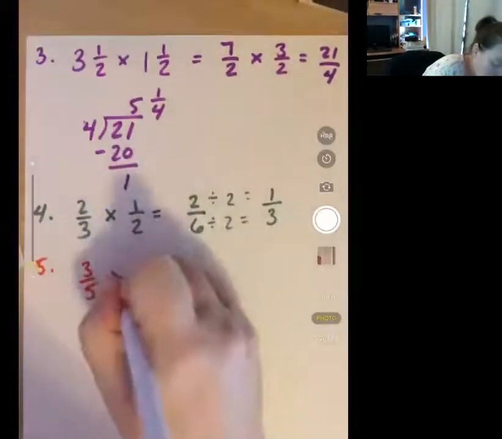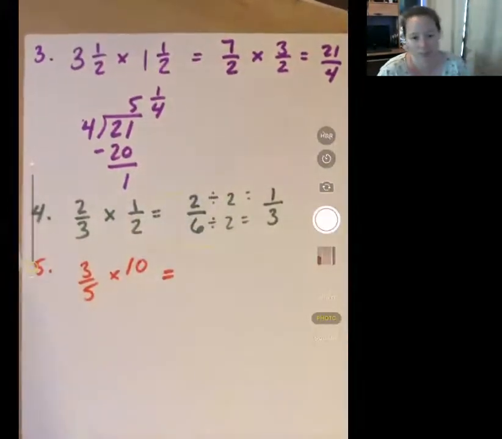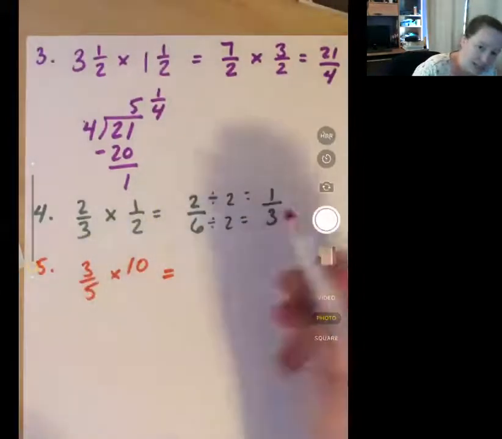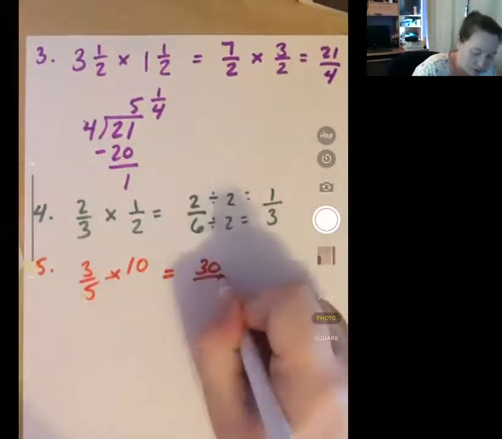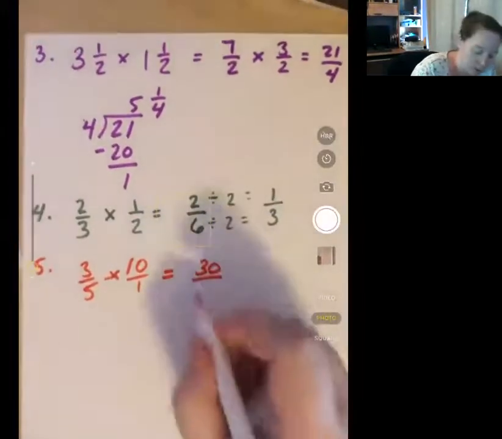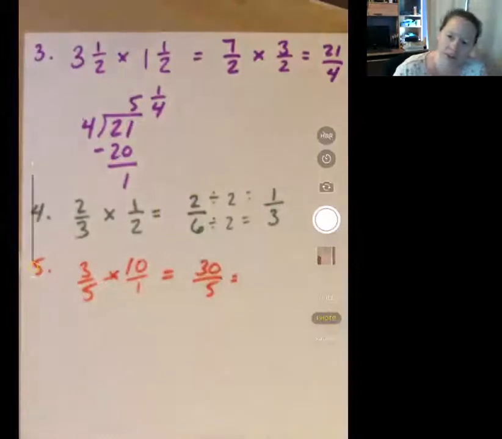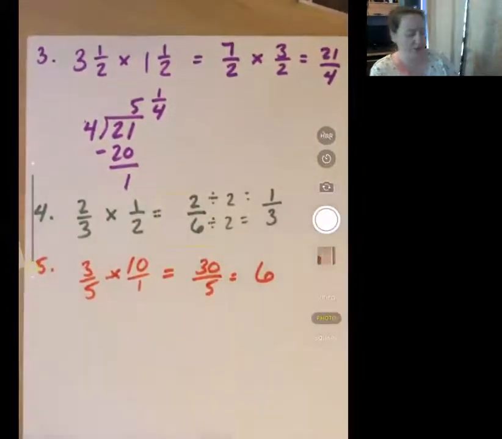So I run 3/5. My coach runs 10 times that. Okay, so I have 3 times 10, 3 times 1, which is 3, add on the 0, and then 5 times, remember we have that invisible 1 there, 5 times 1 is 5. What is 30 divided by 5? 6, because 6 times 5 is 30. And number 6,